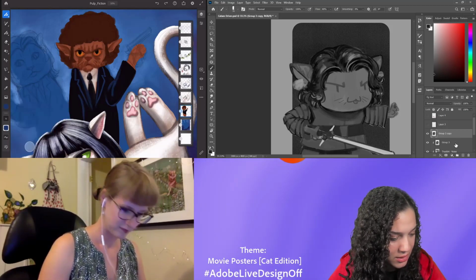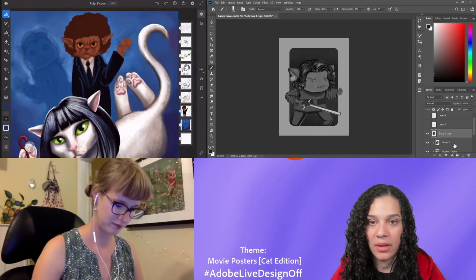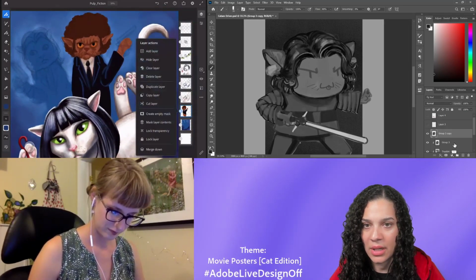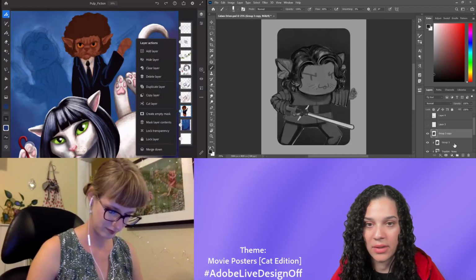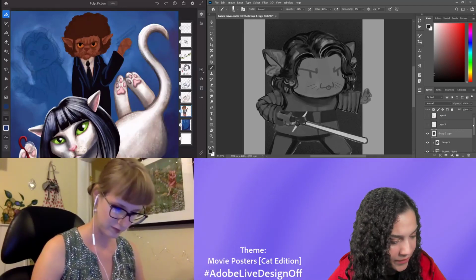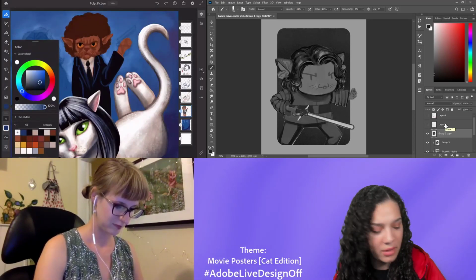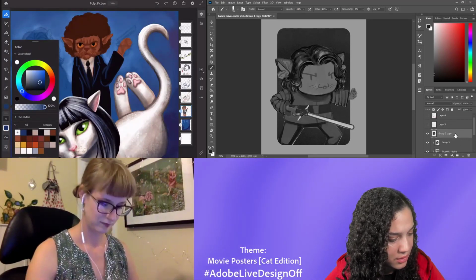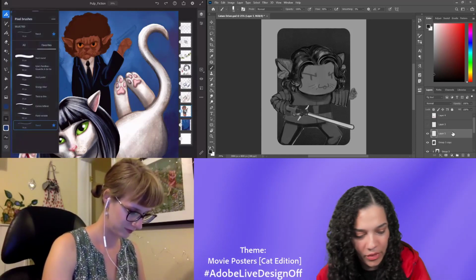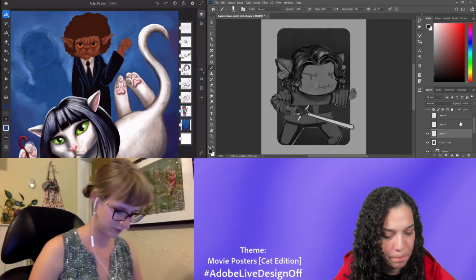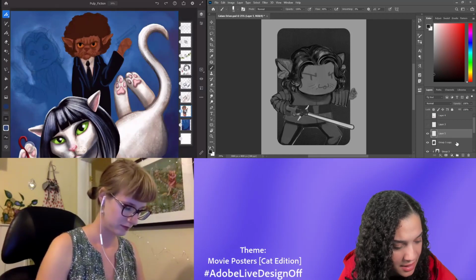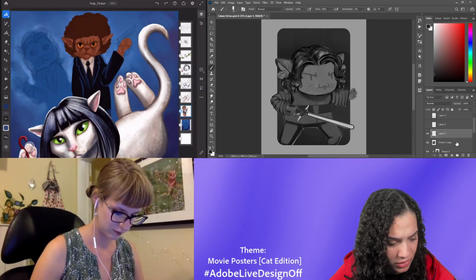All right. I think this is looking pretty all right. Let's do some colors. I think it's color time. All right. I'm going to go for this. Maybe an overlay of red initially.